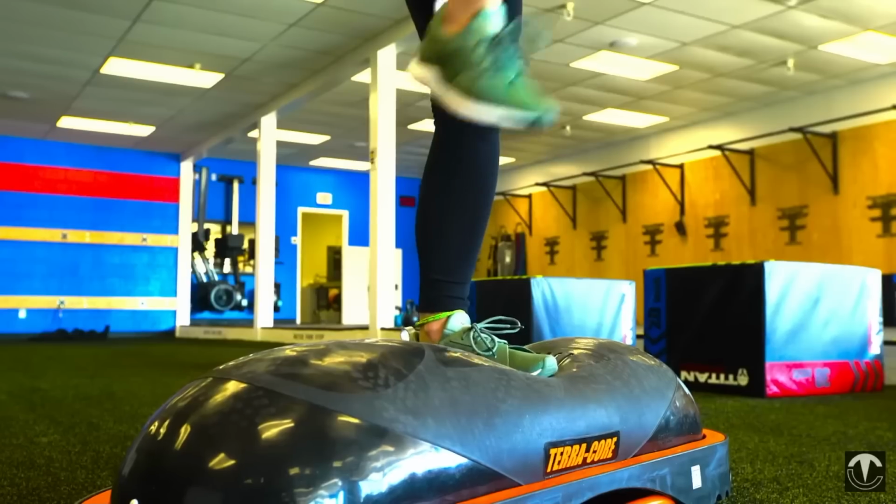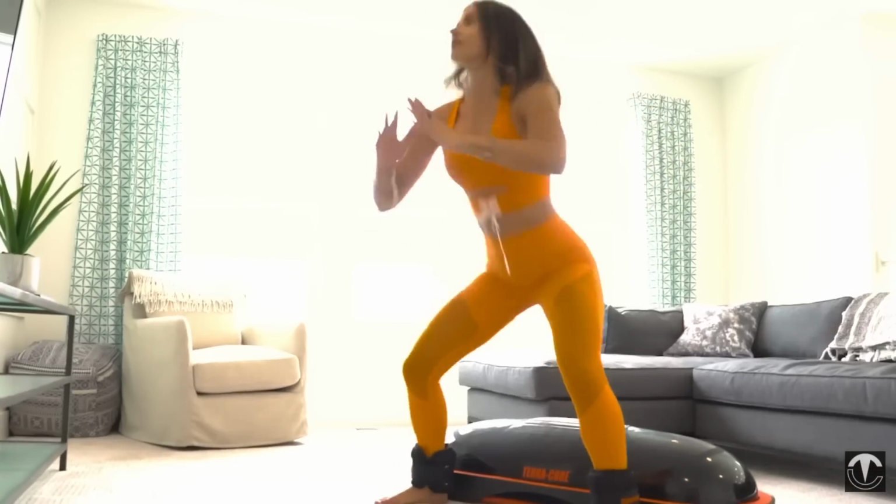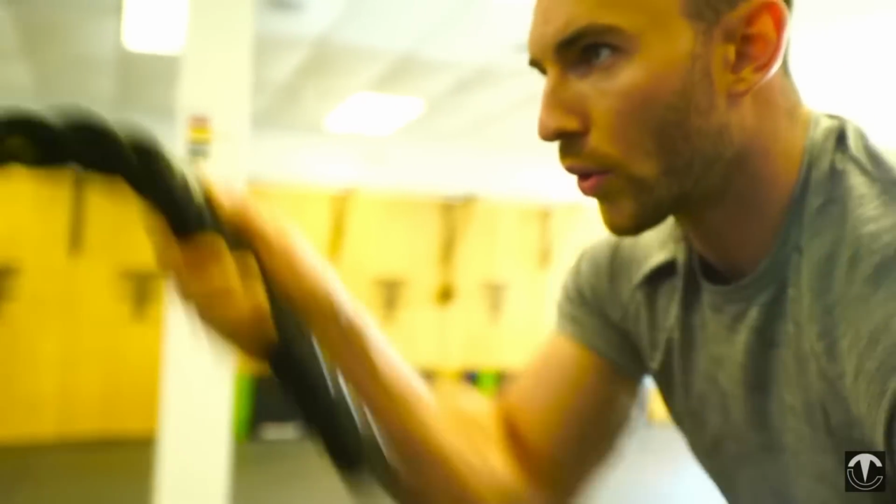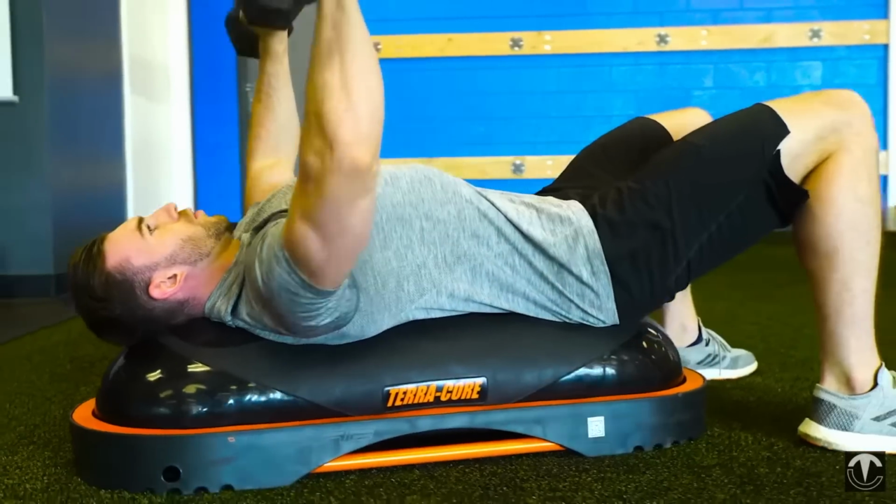If you enjoy them and you have the money to spend and you think they're cute and you love them, you go for it. Do you need them? Absolutely not. The Terracore. So this giant piece of equipment is ideal for at-home workouts. You burn 4 times more calories due to the instability of the surface, and the dynamic surface engages 4 times